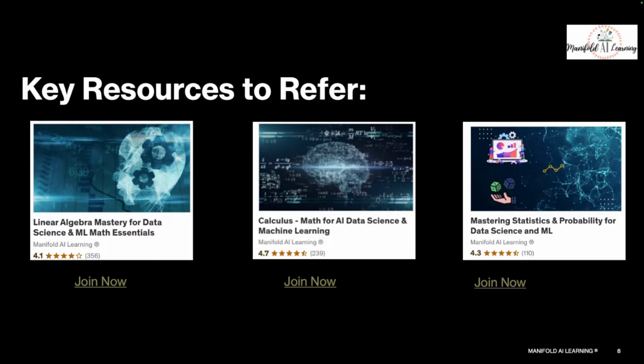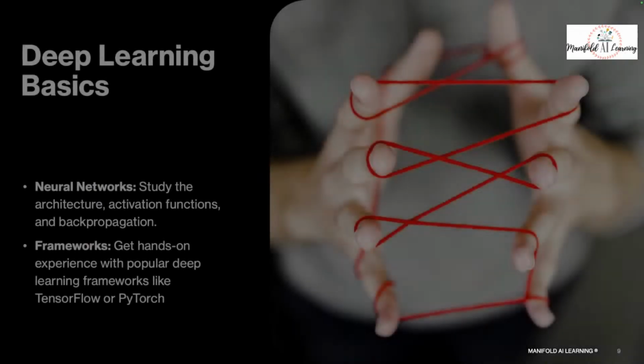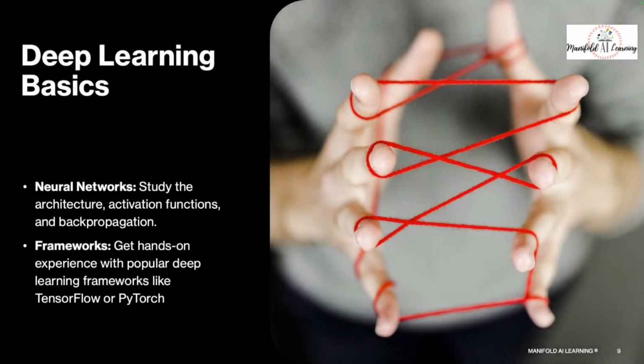Now, once you master the strong mathematics for generative AI, you would then progress to deep learning. I did not specifically talk about machine learning. The reason is machine learning involves statistical algorithms, and it's important that you have the basics of machine learning. Even if you do not have the basics of machine learning, you can also start with deep learning, where you'll understand the basic idea behind machine learning, and you can start with the deep learning basics.